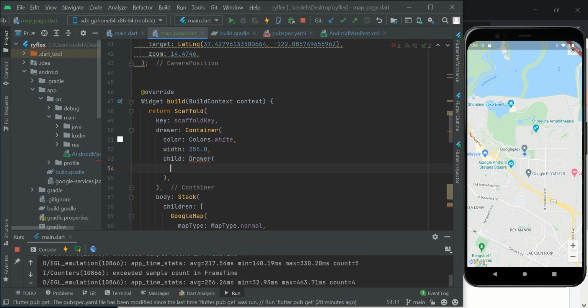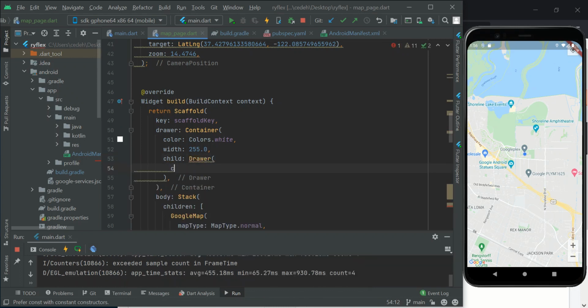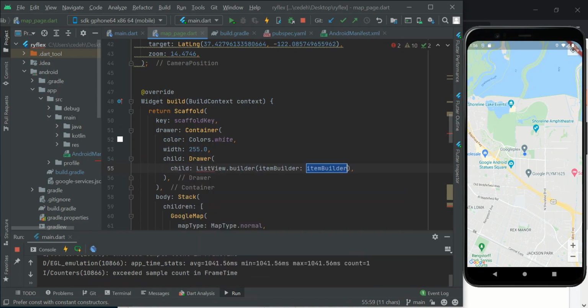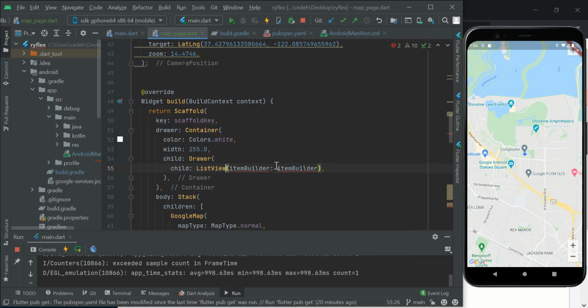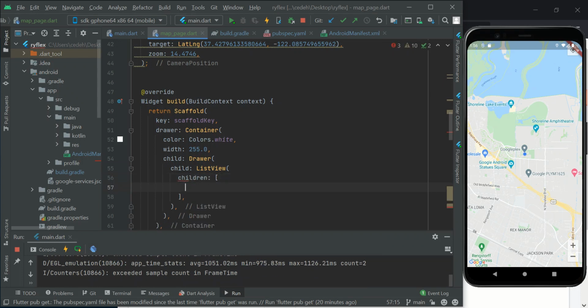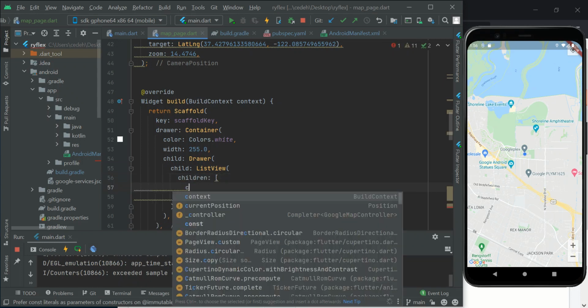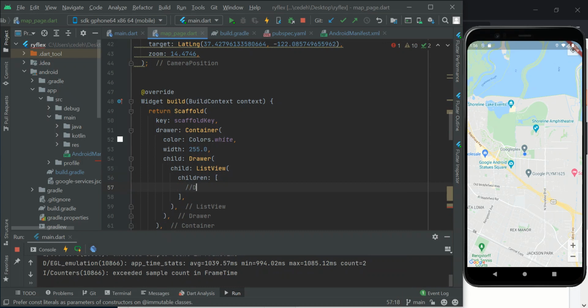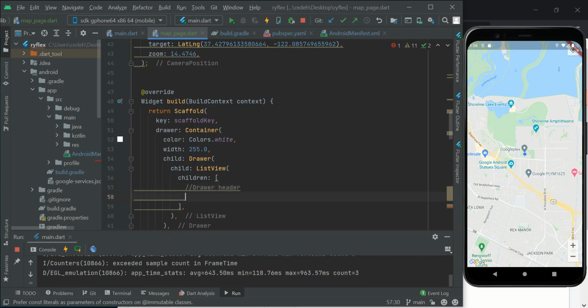So this drawer now we call as a child, and they want to make it a list view, not a list view builder, please. Just a list view, and then we can now add some things inside. So list view, just like column, you can add multiple things inside. So this will be the drawer header, and it will be a